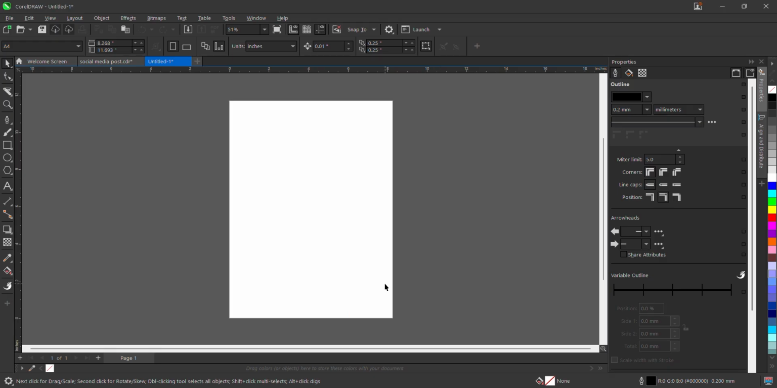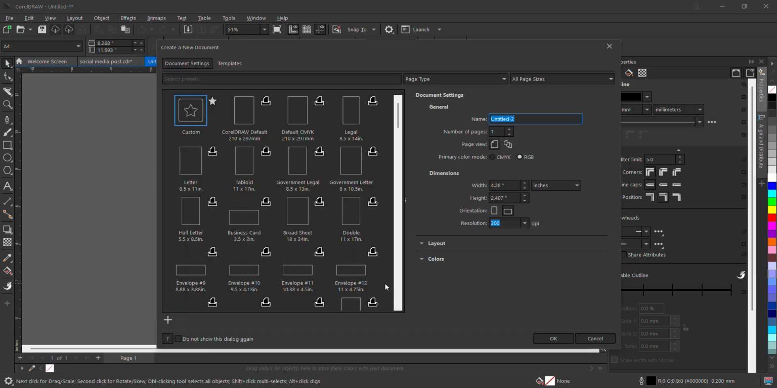So first of all, you press Ctrl+N. I believe all of us know the shortcut to open a new document. Now our title should be real estate flyer. It's already on RGB, so our size should be